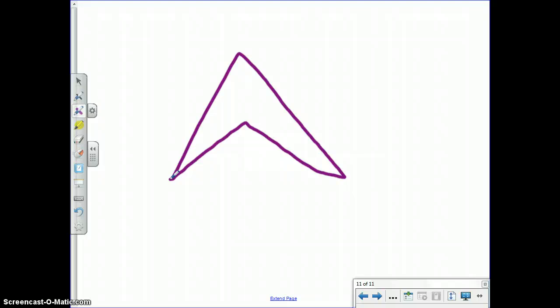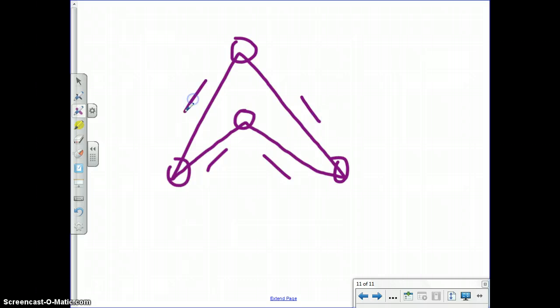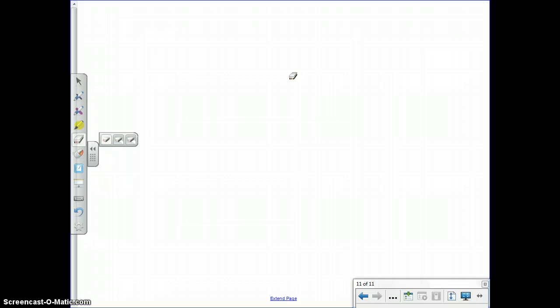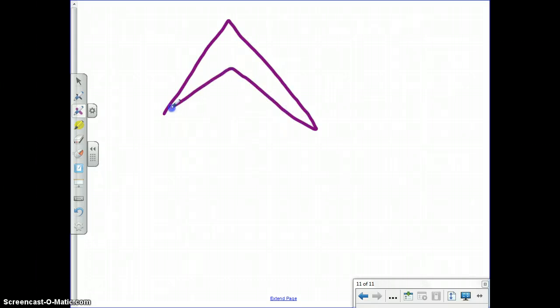Again, remember, we said this was not a triangle because it had 1, 2, 3, 4 angles and 4 sides, right? It's still a quadrilateral. However, it does not fit into any of the other subcategories of quadrilateral, so we simply classify it as a quadrilateral and nothing else. We wouldn't say that